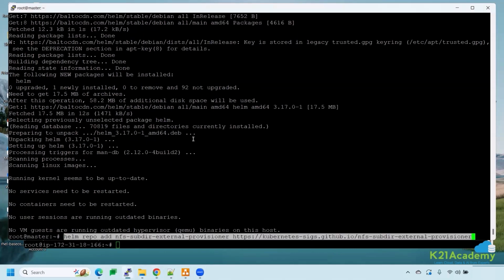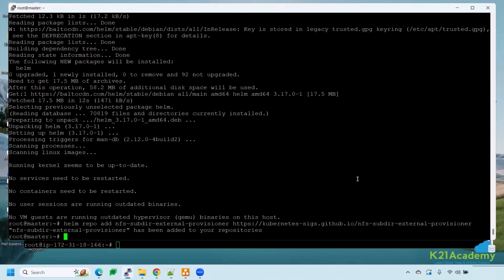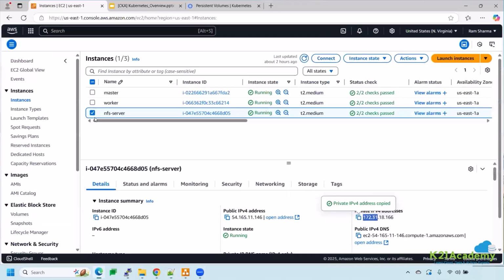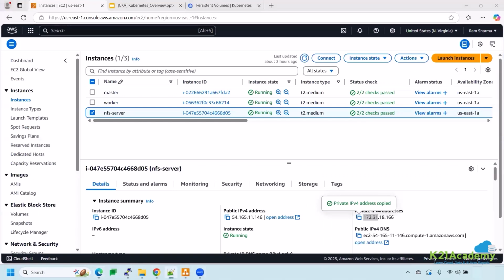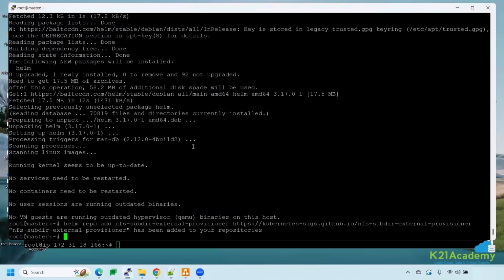Next step. Since Helm is a package manager, I have to add the repository and install the NFS. So now I have to work out the Helm installation of the NFS external provisioner chart. In order to do that, I have to pick up the IP, show the IP here, and prepare the NFS command. So this is the command that will eventually be